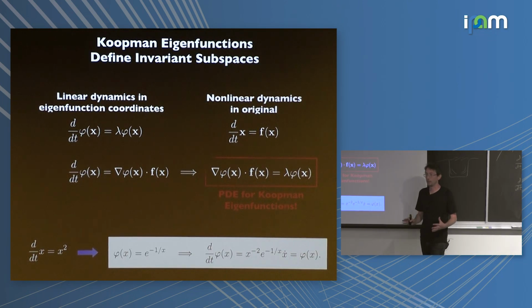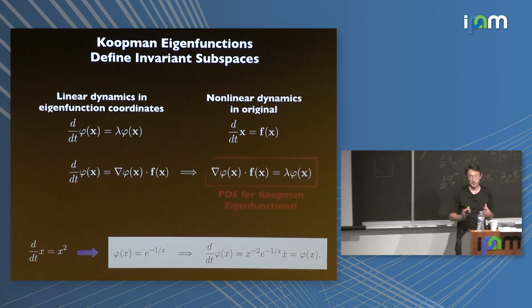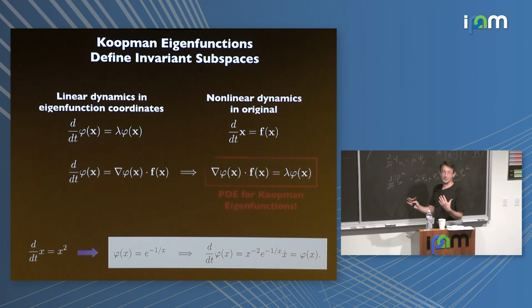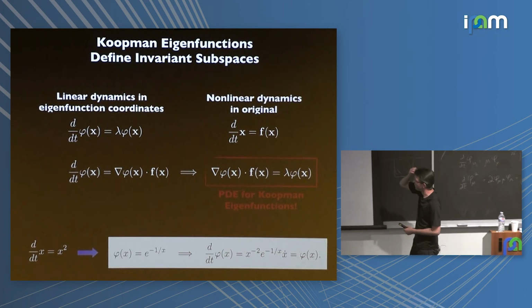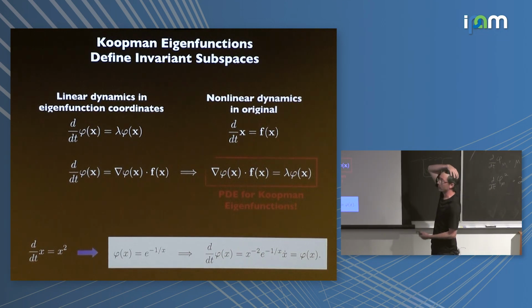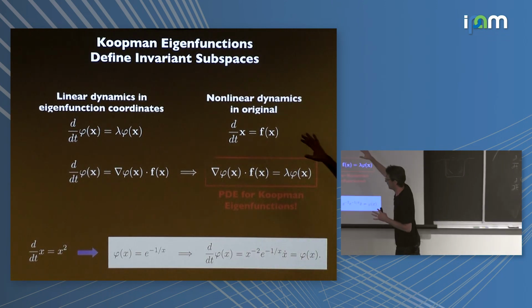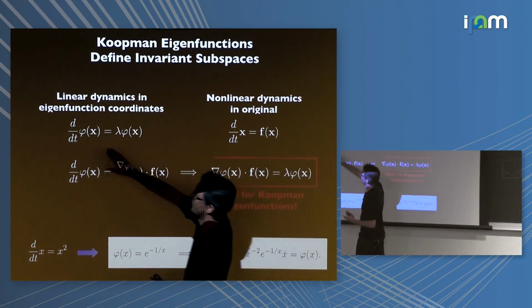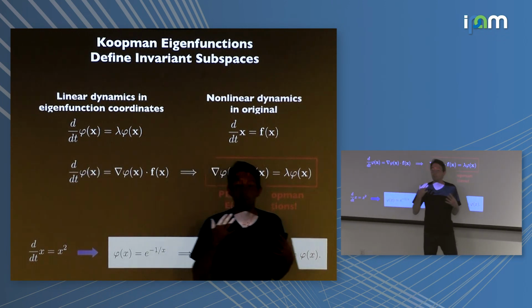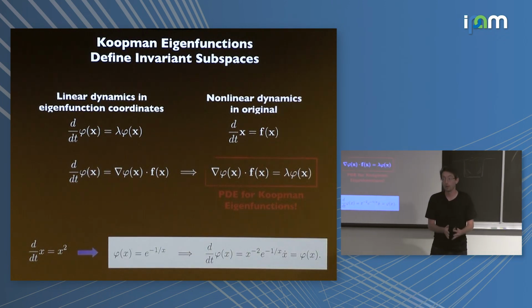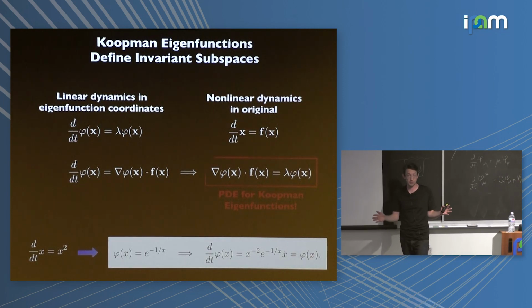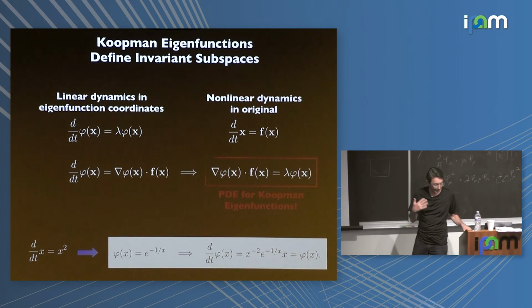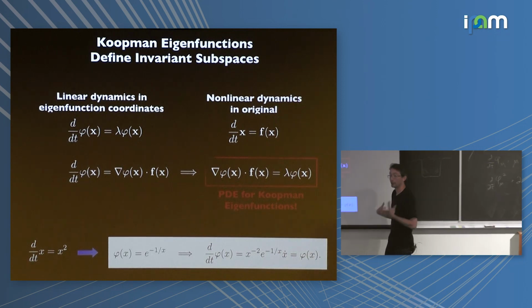Everything in the world is easier if it's linear. Linear equations are like the Disneyland of differential equations. It's just fun. You want coordinate transformations that make your system linear. And at least sometimes you can find them, but I would challenge you that these phi of x functions might be more complicated to write down and solve for than solving the original differential equation in the first place. So this actually makes a lot of sense in the machine learning framework.